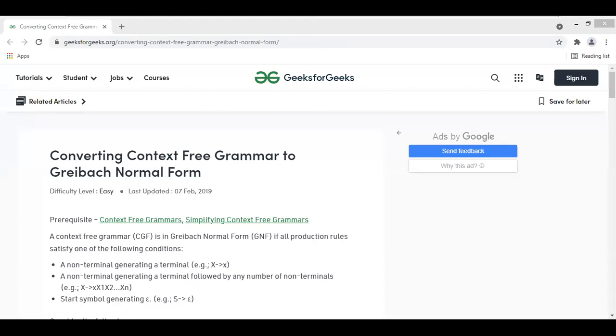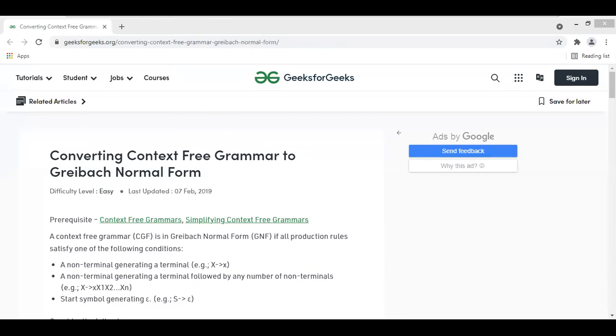And the second type of normal form we have here is Greibach normal form. It is the most important normal form. Greibach normal form is a most important normal form. There are two normal forms that we have. One is CNF and another one is GNF. CNF is Chomsky normal form. GNF is Greibach normal form. Please make a note of this.